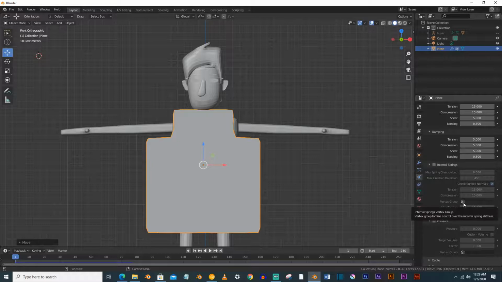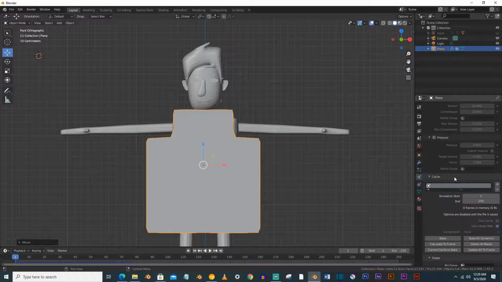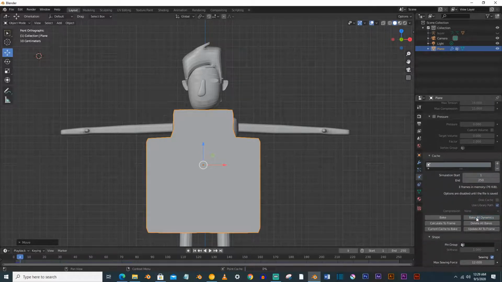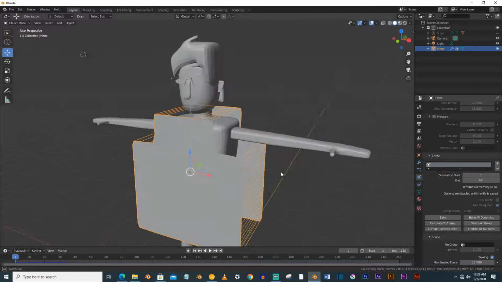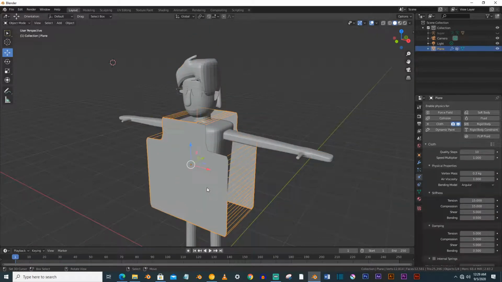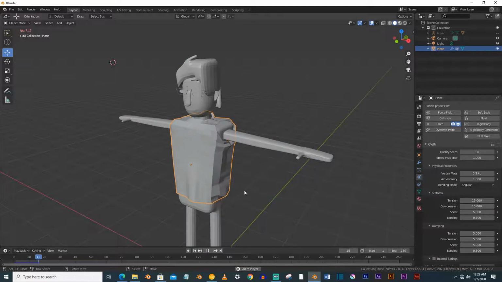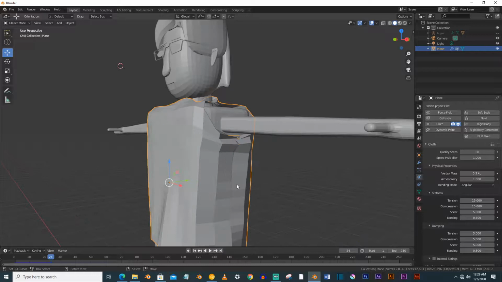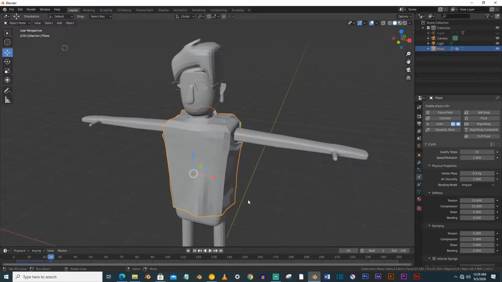And what you can do, you can delete all bakes, delete all bakes and just type 60 here, and we will check it again. Now you can see that it is working very well. For better result, you can just increase the subdivision.